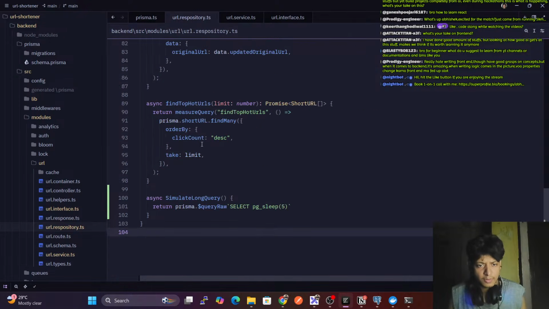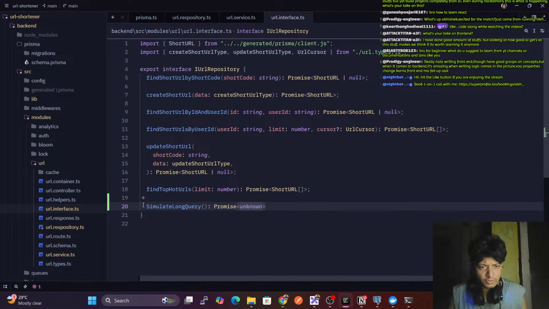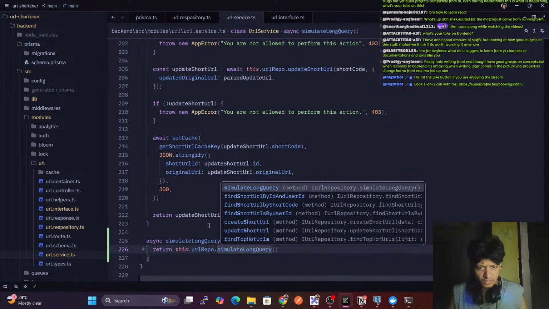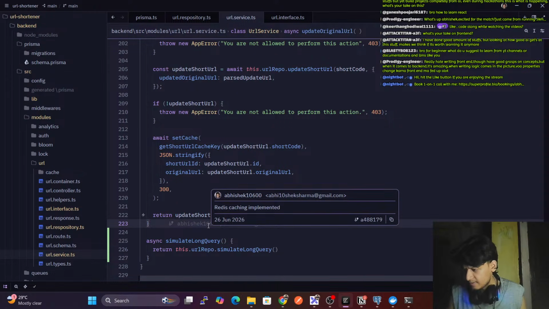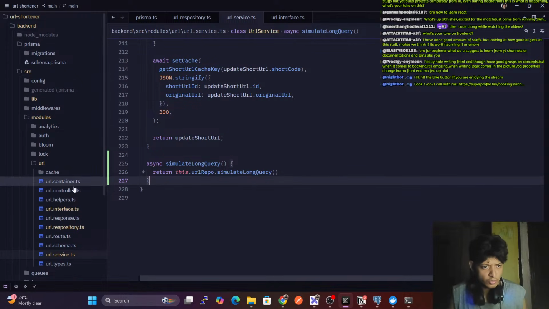But here in the repository it should be small. Interface also it should be small, and in service layer also it should be small. Okay, we have this. So after that, if I go to controller,